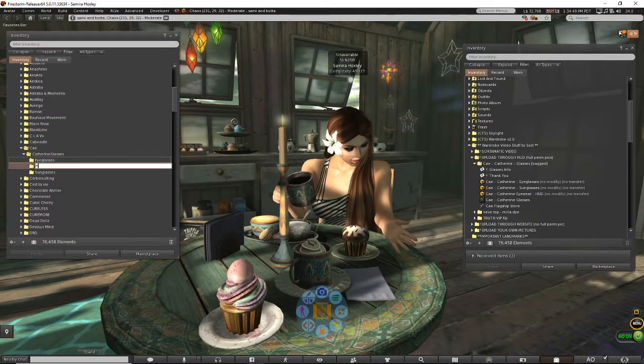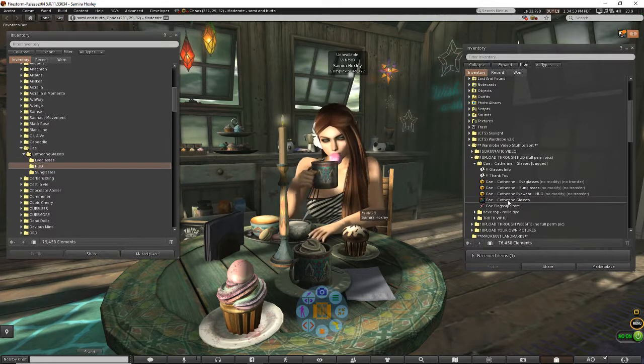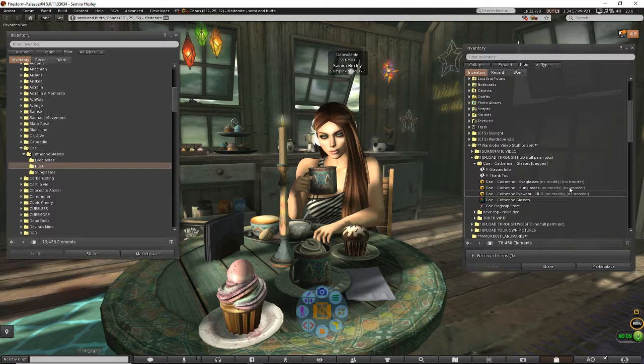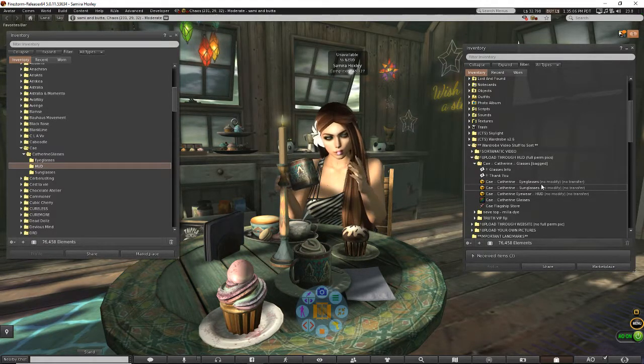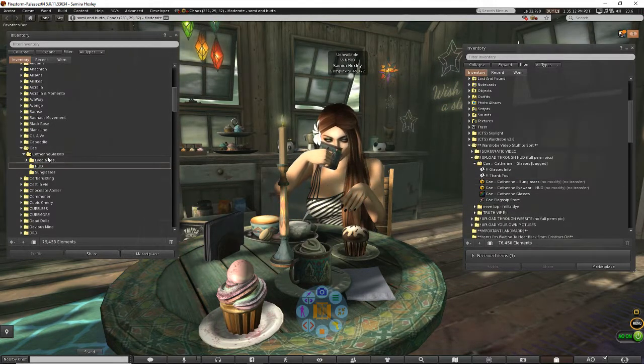And the last one is going to be the HUD, which changes the colors. This is why I like having the two inventory windows open, because it's very easy to just move the items in between, up into the folders where you need them, instead of trying to hold and drag it up and down in this long inventory window. So we'll move this one to eyeglasses,